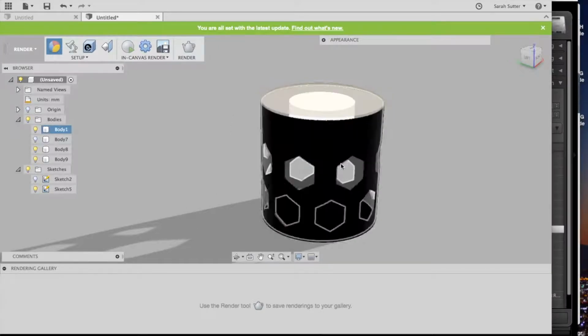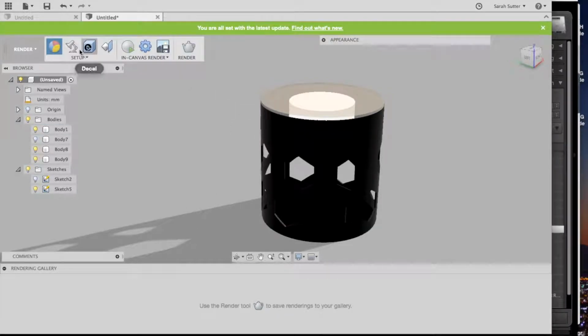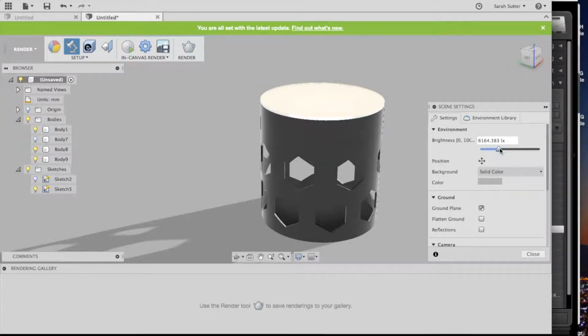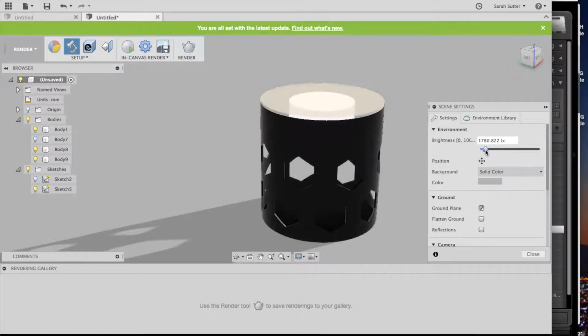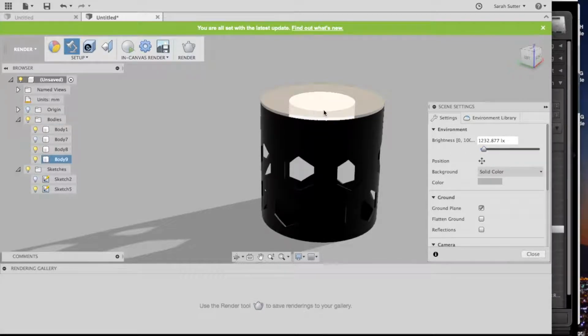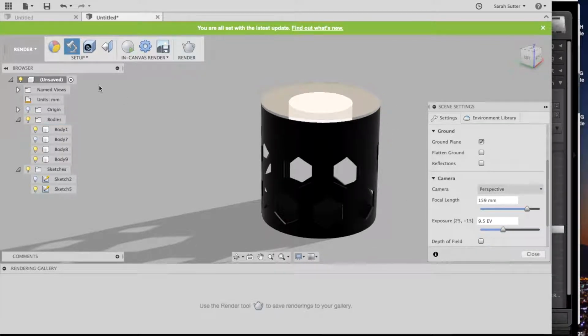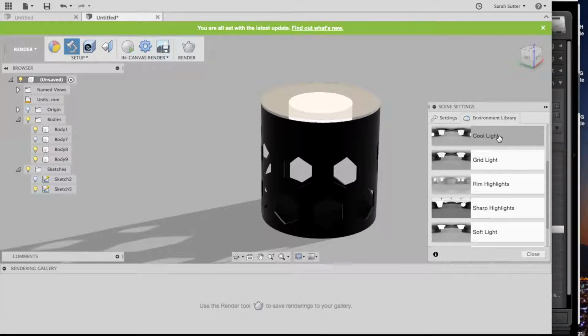Now, this has light on it. You have all kinds of options with your scene setting. How bright is it? Do you want it to get brighter? I don't really need it to be bright because I'm going to add the brightness with the luminance from the emissive component of this. Any other settings that you want to do, it doesn't matter. The important thing here is that what you're going to do is an in-canvas render,